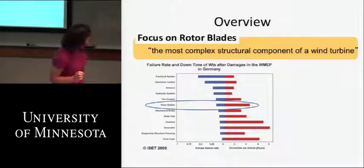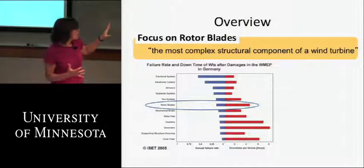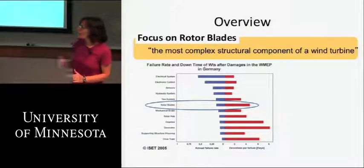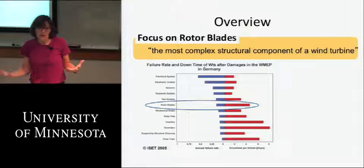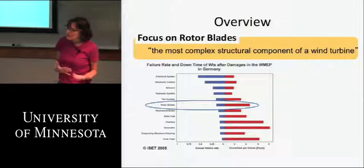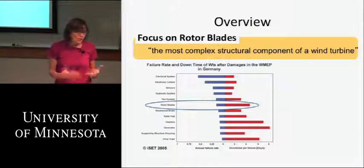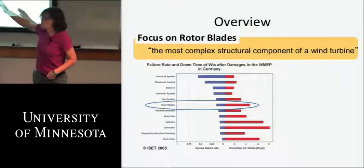The motivation for this is that this chart just shows the likelihood of various components failing. The blue is annual failure rate, and the red is the downtime per failure. There are a bunch of different components in a wind turbine. The electrical system is at the top for blue, and the drivetrain is the top for red. The drivetrain would be all the gears and so forth. If they were to fail, the downtime is a huge length of time. It would be down for many days. And that's a very common failure. If you look at electrical systems, they will fail most frequently. So wind turbine blades are kind of in the middle. They don't fail that frequently, but when they do fail, they're down for a long time,